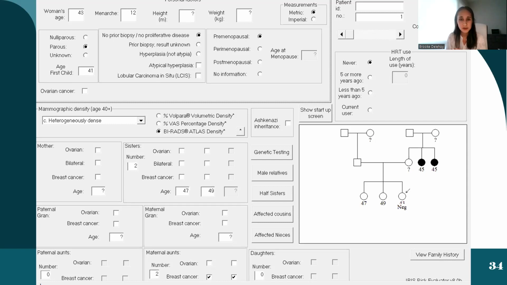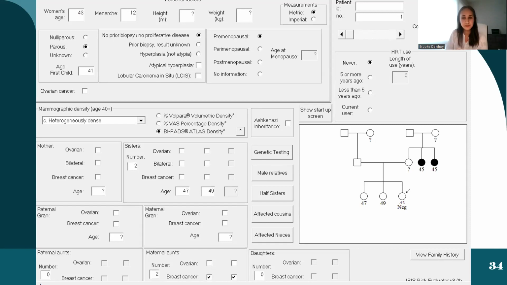Neither of them have been diagnosed with cancer. Our patient specifically has undergone genetic testing and she's negative. However, 2 of our patient's maternal aunts were diagnosed with breast cancer at the age of 45, both of them. So as we talked about at the beginning, considered to be early onset breast cancer diagnoses for 2 of the